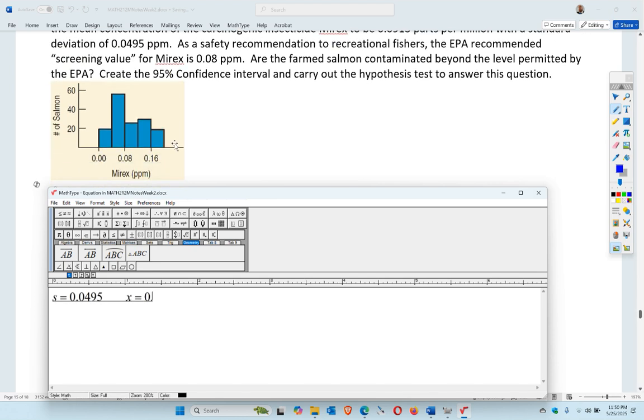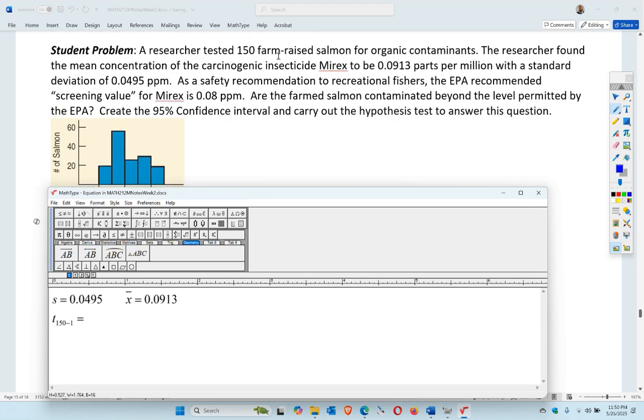Scroll up, 0.913. Okay, so those were given to us. So I don't actually need to calculate them this time. Saves us a little bit of time. All right, so we need T sub 150 minus 1, or 149 essentially, correct? It says 150 samples? Yes, 150 samples. Okay. So T dot inverse,